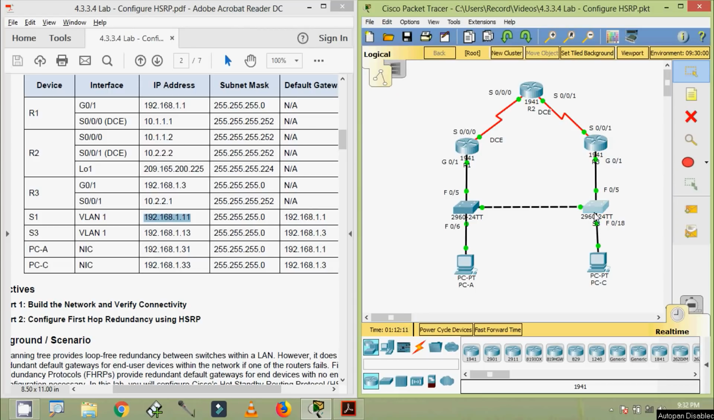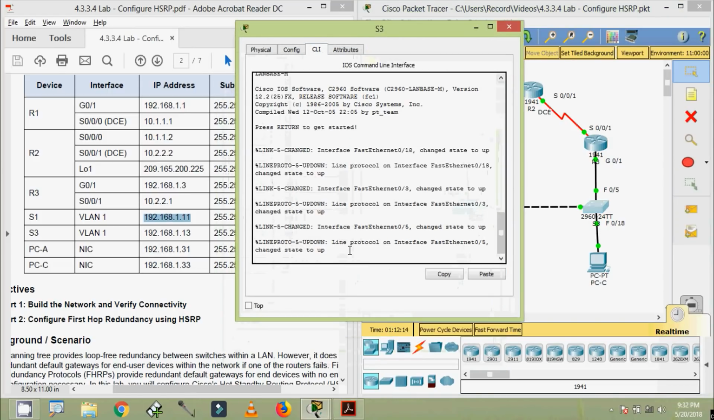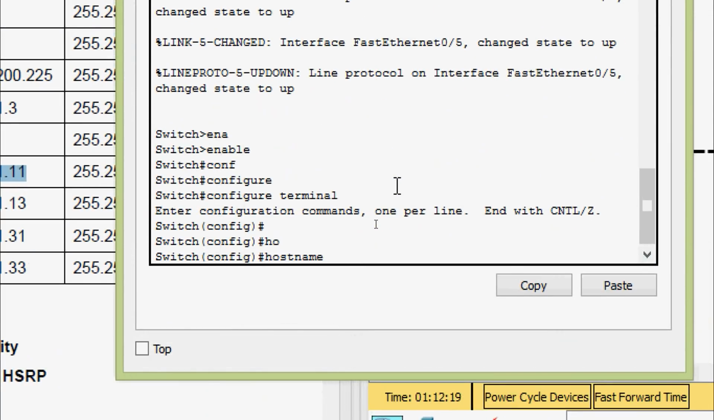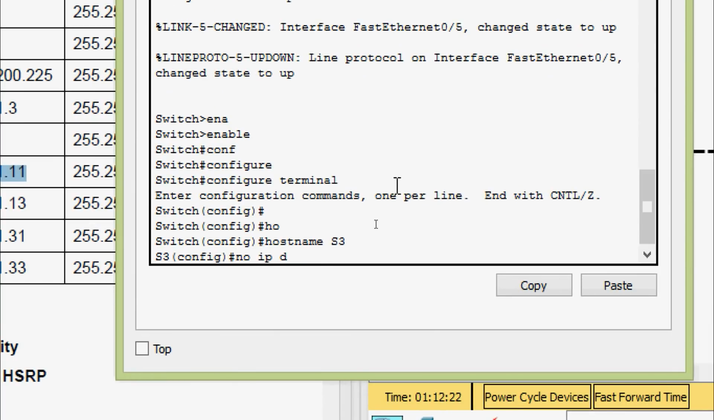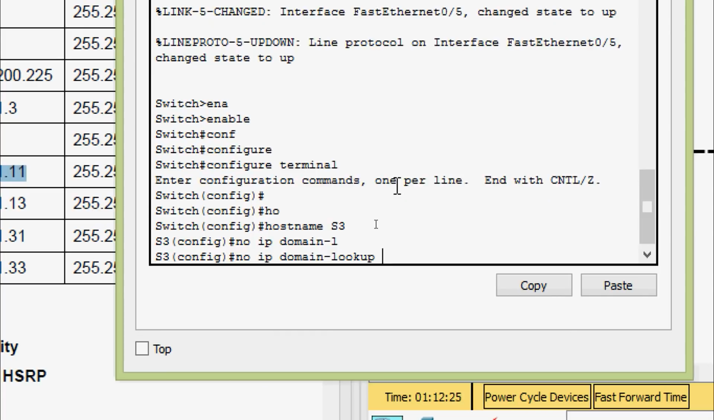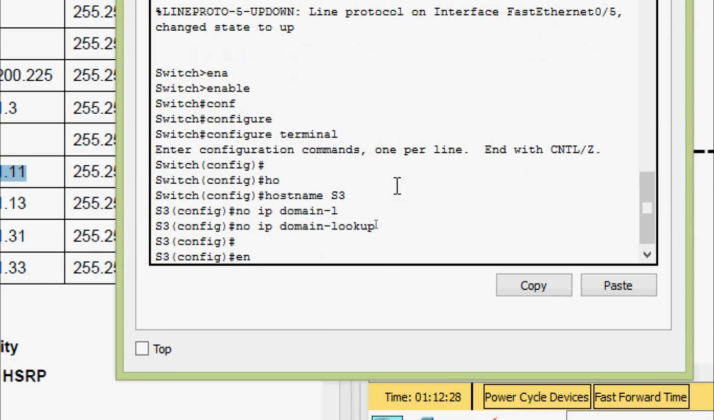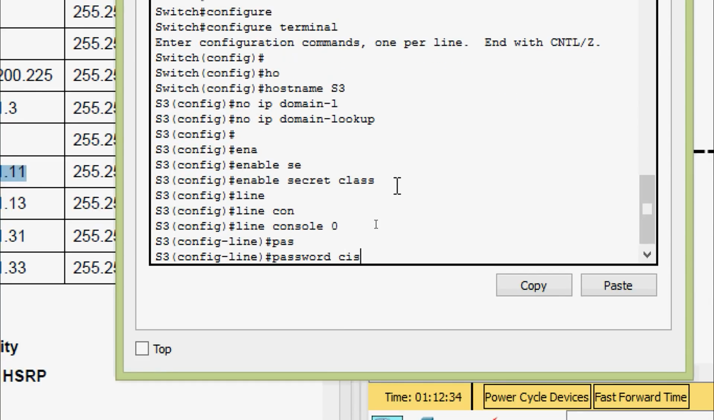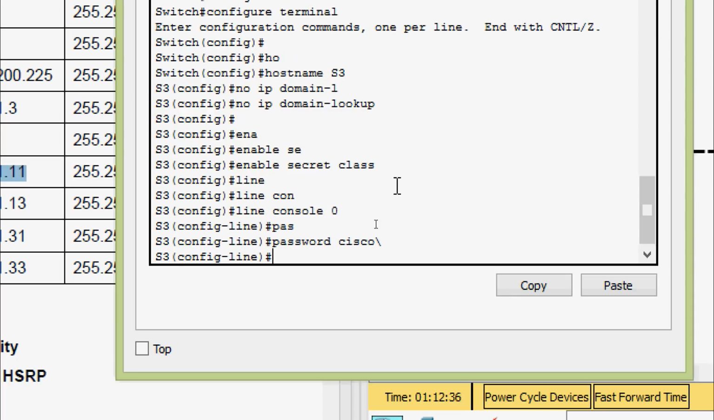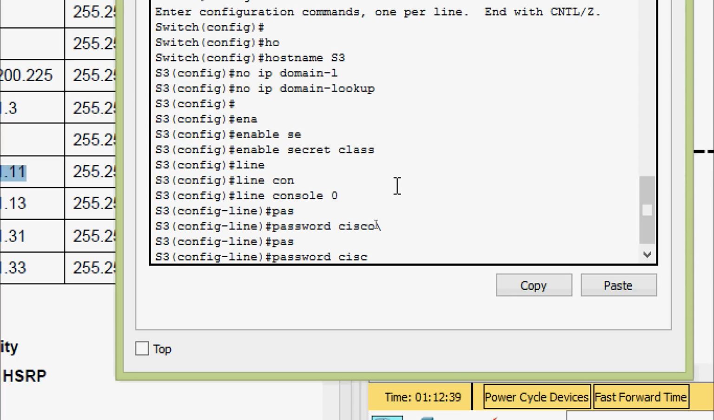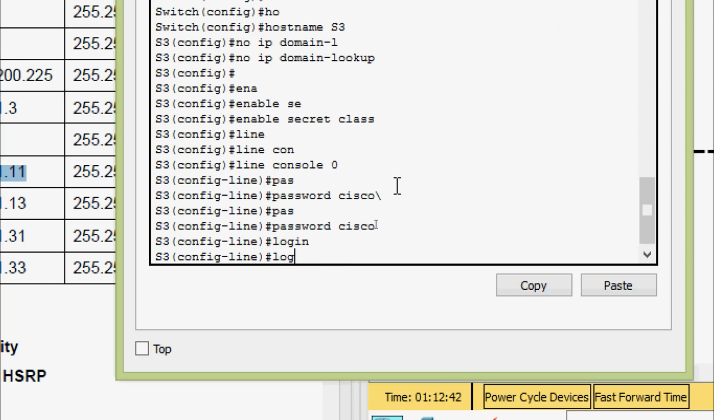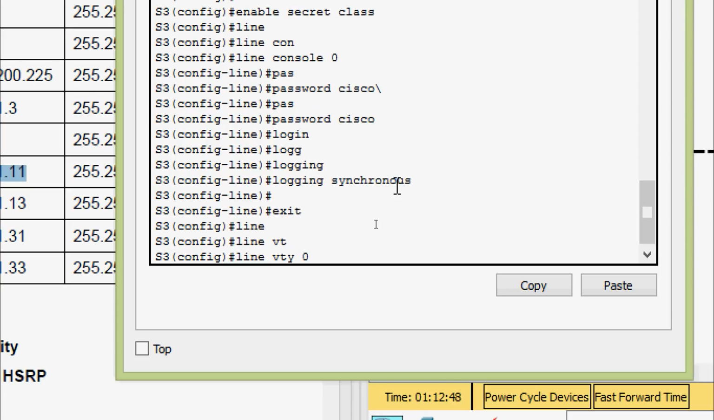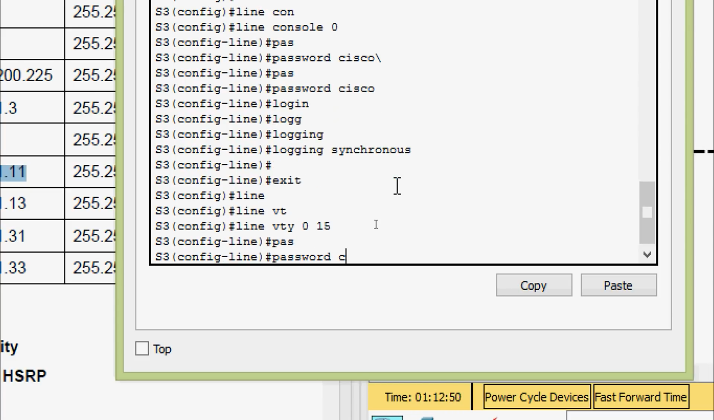Now we will do it on S3. Enable, configure terminal, hostname S3, no ip domain-lookup. We have to enable secret as class, line console 0, password CISCO, login, also logging synchronous, line VTY 0 to 15, password CISCO,